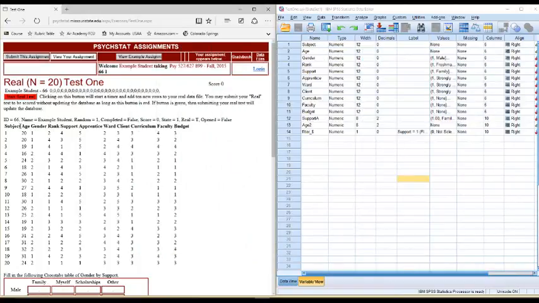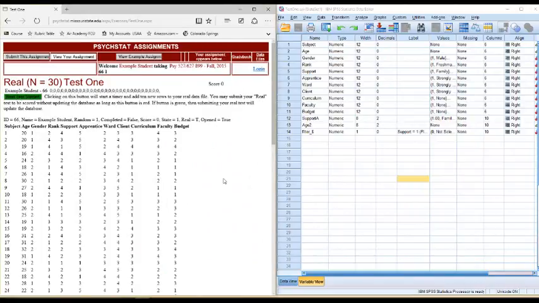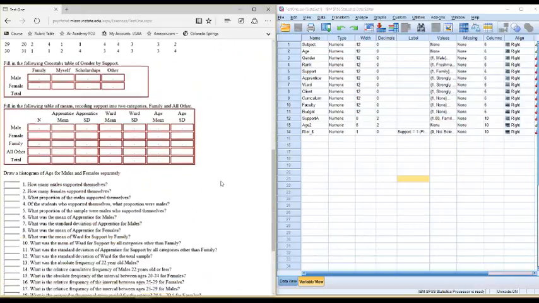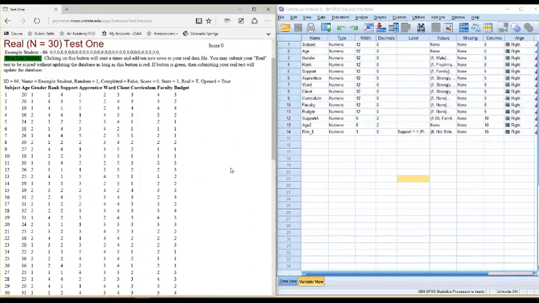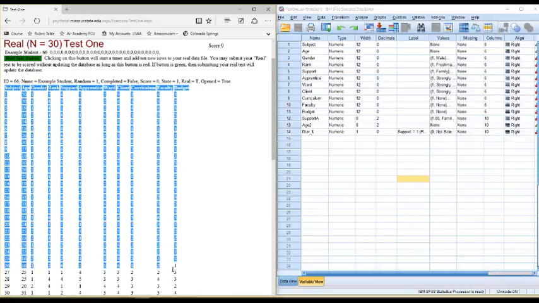So, without further ado, I start the real test, and I noticed it looks exactly like the example test, but it has 10 additional records. Now I could just add the 10 additional records to the example data file that I'd done earlier, but I'm going to create a new data file. So to do that,